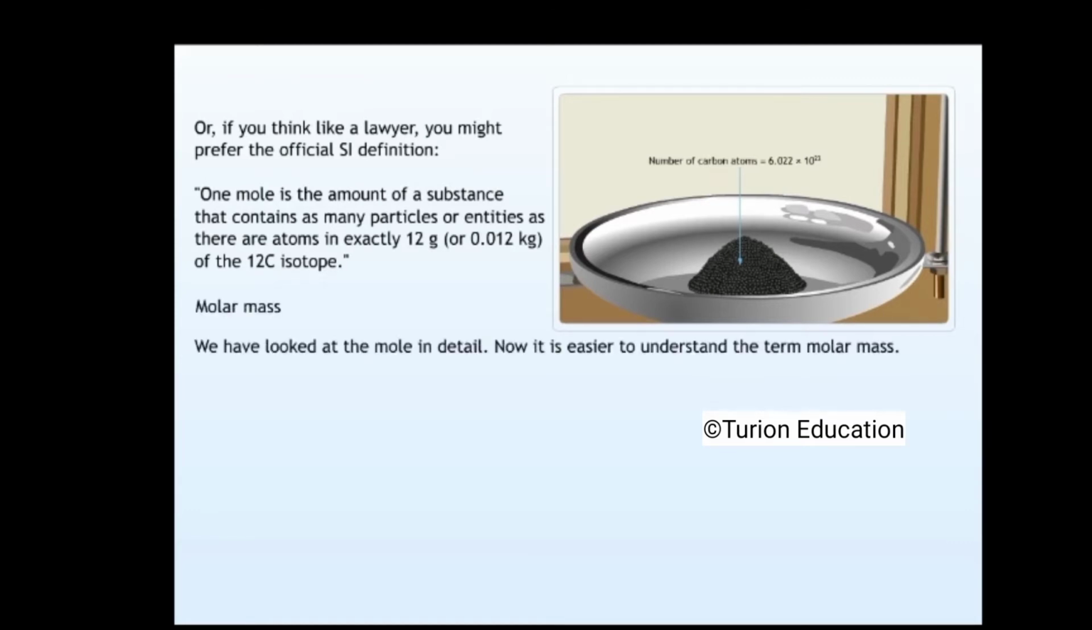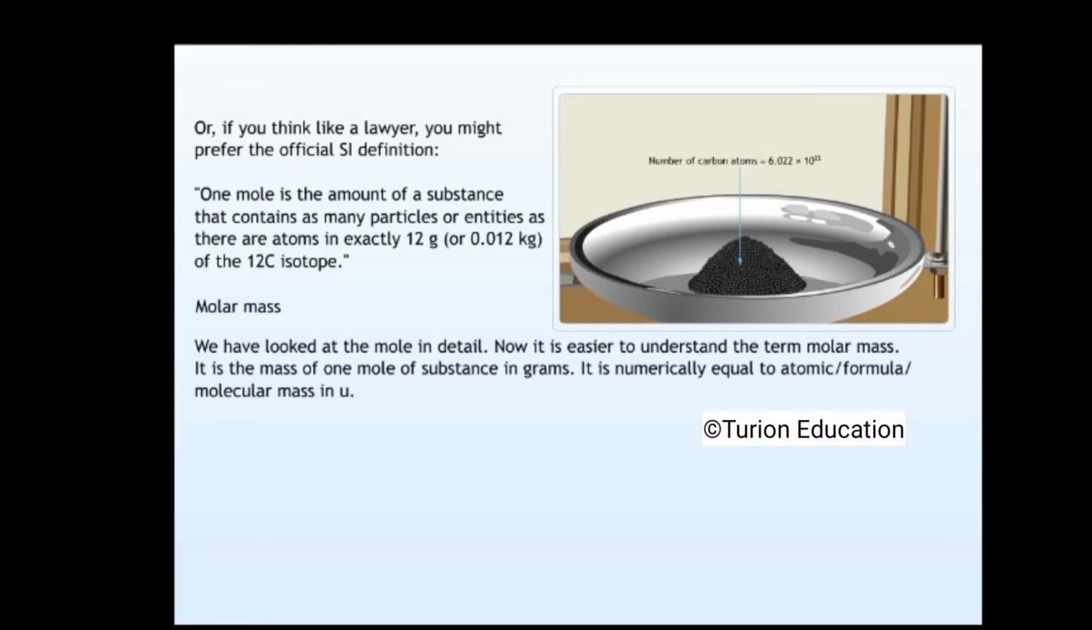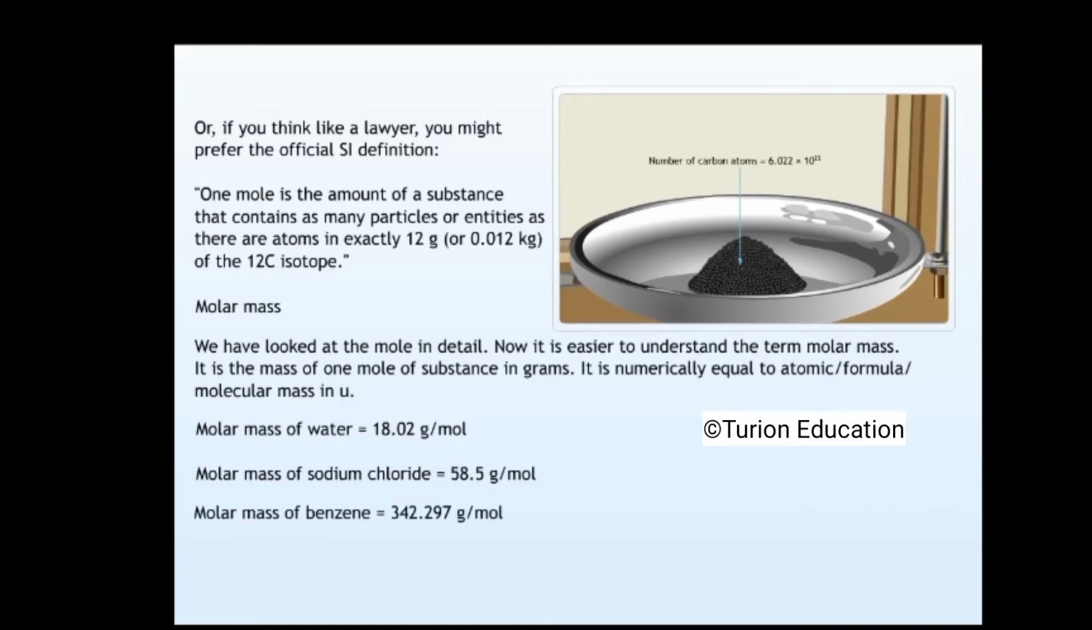Molar mass. We've looked at the mole in detail. Now it is easier to understand the term molar mass. It is the mass of 1 mole of a substance in grams. It is numerically equal to atomic or formula or molecular mass in u. For example, molar mass of water is equal to 18.02 grams per mole. Molar mass of sodium chloride, NaCl, is equal to 58.5 grams per mole. Molar mass of benzene is equal to